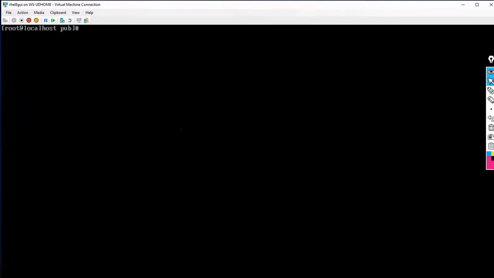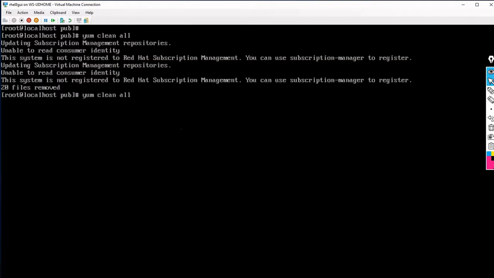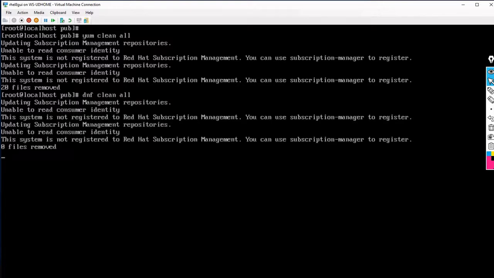Now let me say yum clean all, or DNF clean all. It will clean all the cache available in the system. Now let me install a package: yum install httpd*.